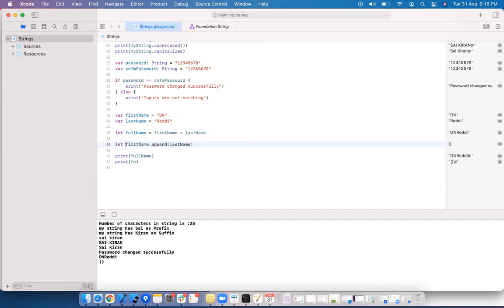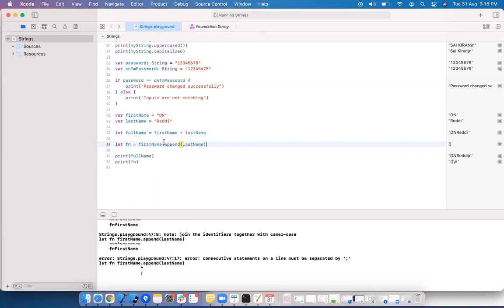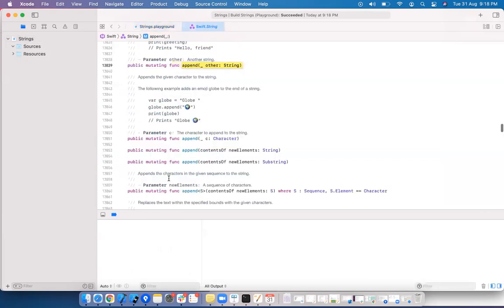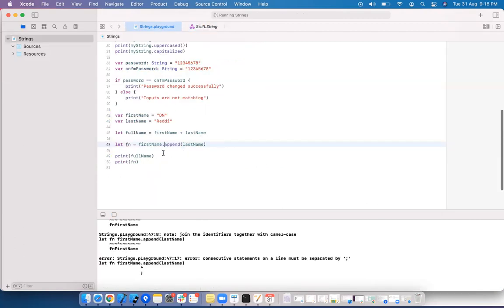What we did? First name equal to first name dot append, right? See what exactly the append method is. Is the append method returning anything? The append method is not returning anything. So it printed nothing.